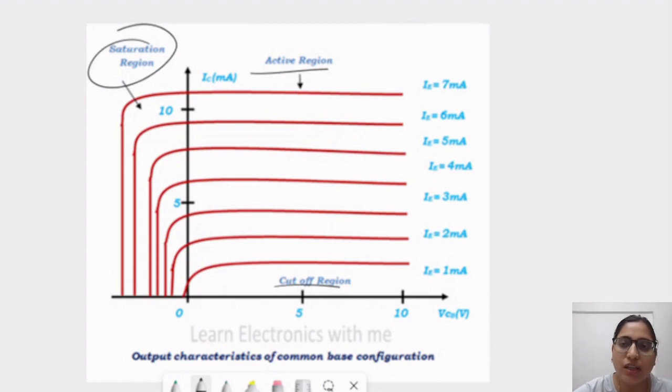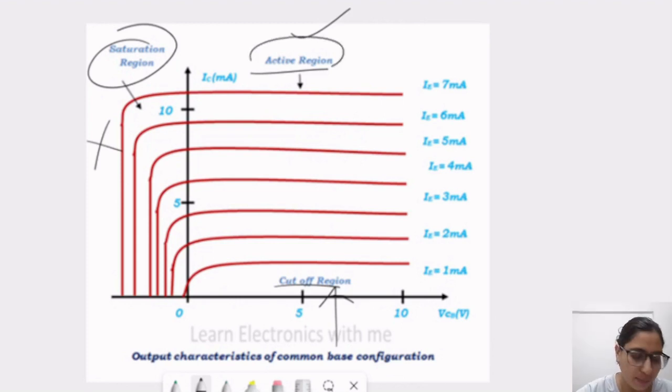Now the saturation region is that region in which the transistor behaves as a short circuit. So we will not consider this because we are considering the active region. Now the cutoff region is that in which the transistor has not started yet, so this is considered an off region. These saturation and cutoff regions have a few advantages in digital circuits. So here we are considering the active region.